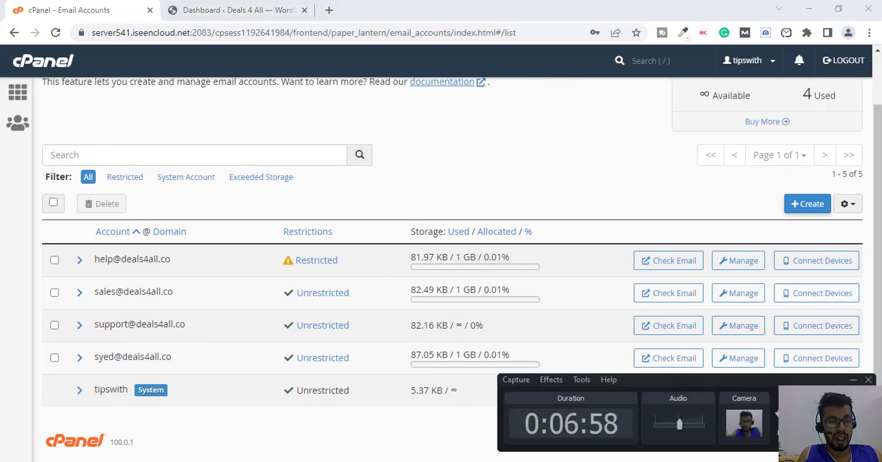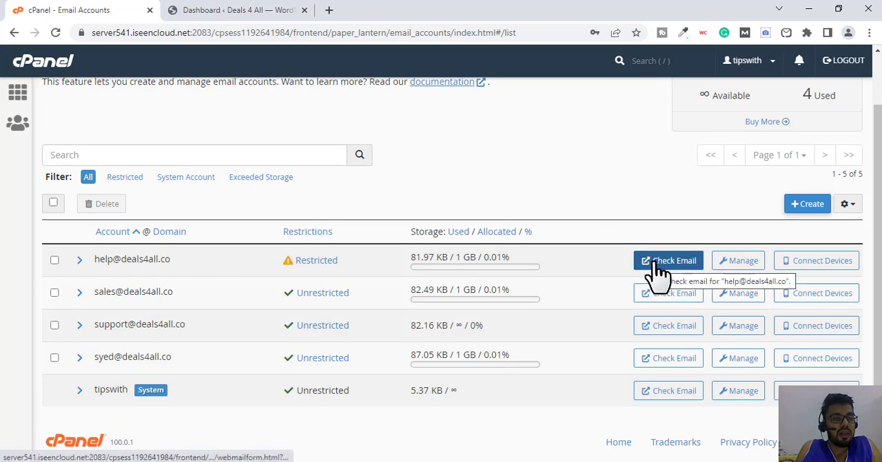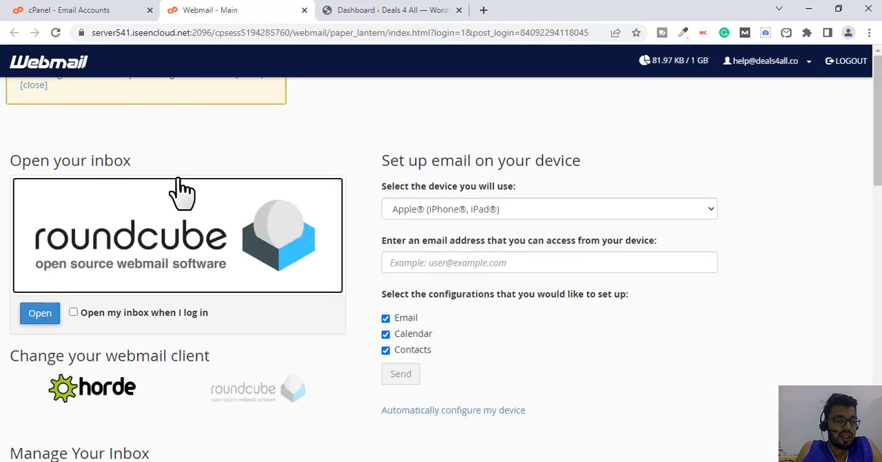Now that our email account has been restricted, let's try to test this. If you want to test this from the web email, you can click on Check Email, this button over here. Or if you have already configured it on your phone or your desktop, you can directly go and test from your mobile application. Just click on Check Email. This will open the webmail login for you, and you can select any of these clients. I'll select this one,